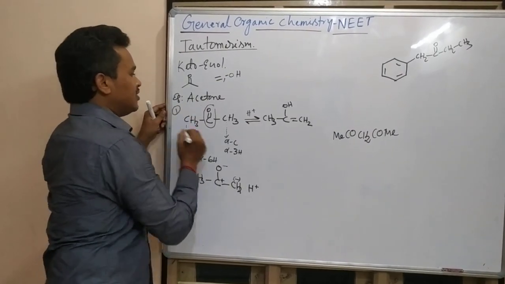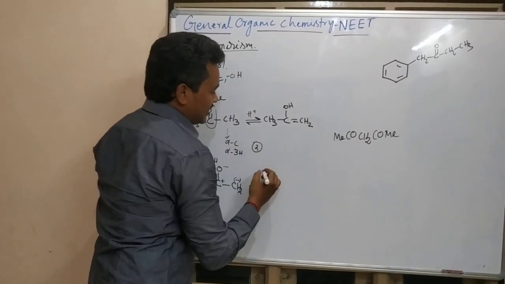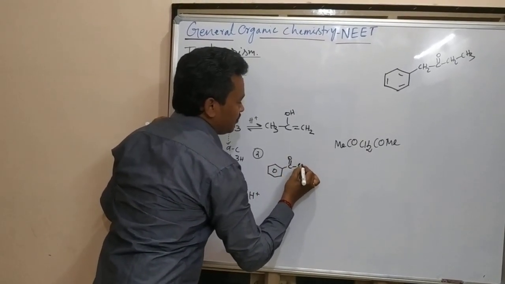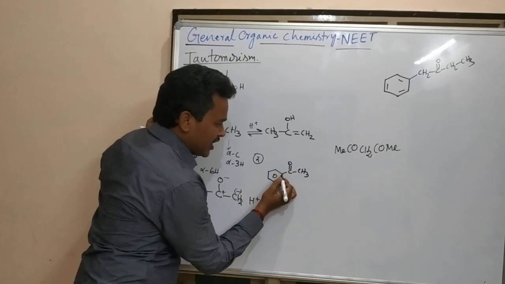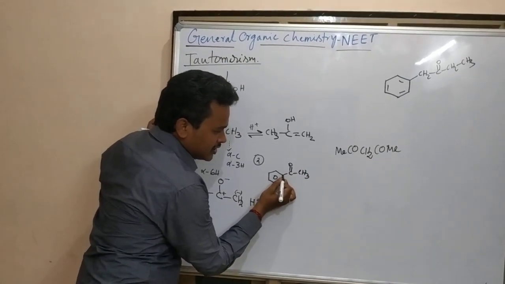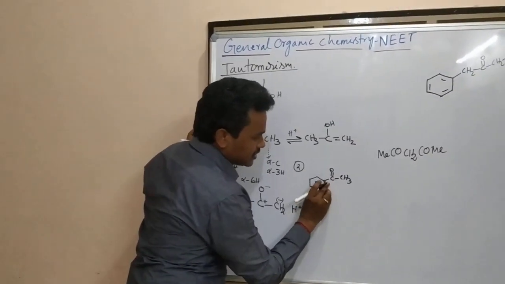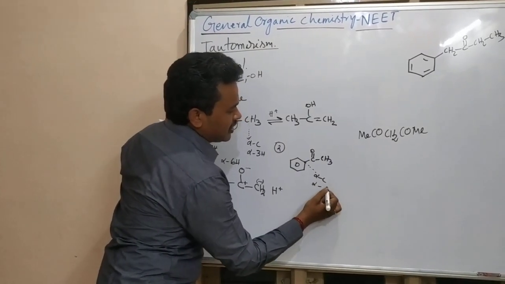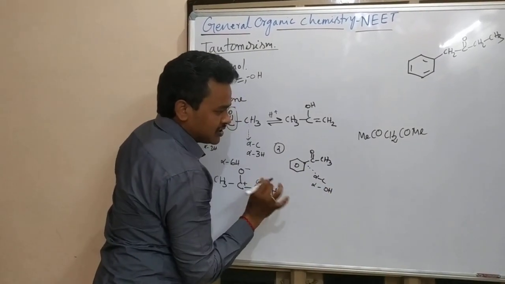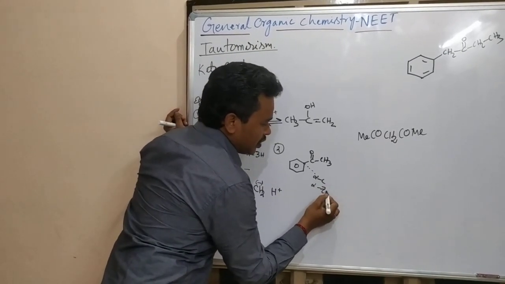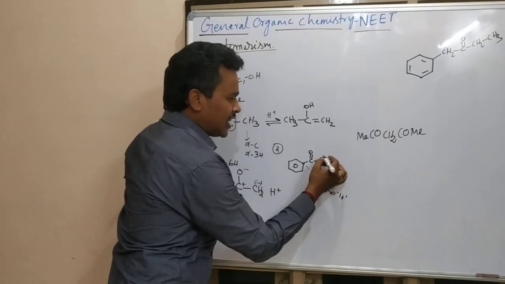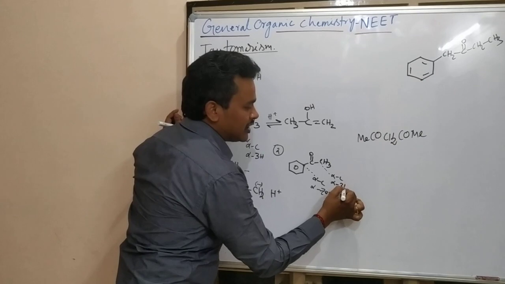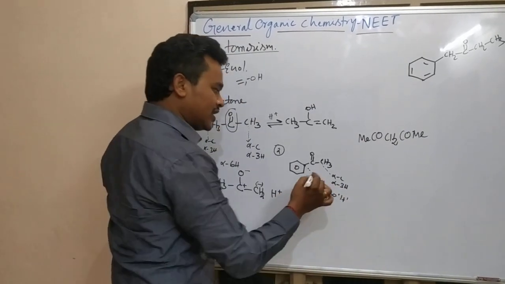This is one example. Similarly, I can take another one. What can I take? This one is a ring, with double bond O, CH3. Is there any hydrogen here? This is also an alpha carbon, and this is also an alpha carbon. But how many alpha hydrogens are there here? Zero alpha hydrogens. On this side, this is also an alpha carbon, and there are 3 alpha hydrogens. So here it is possible. Here there is a possibility.